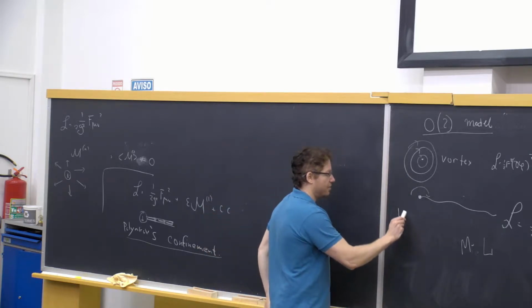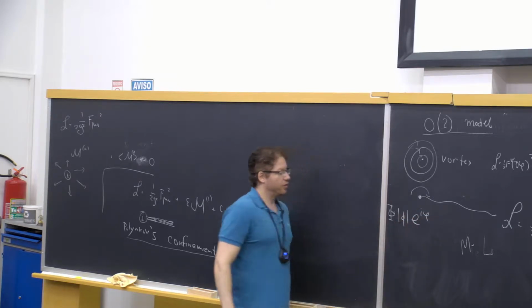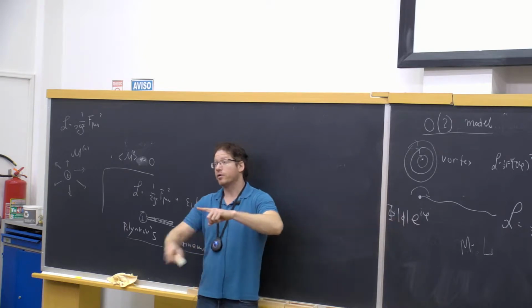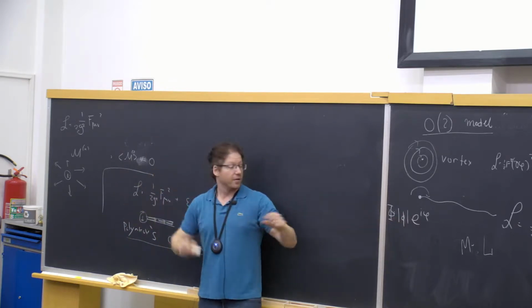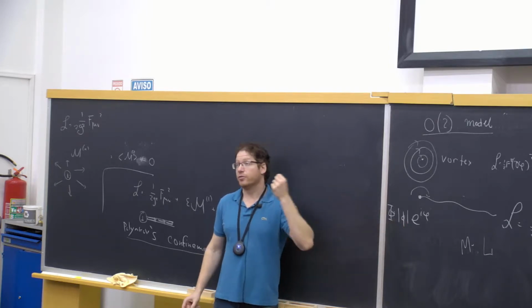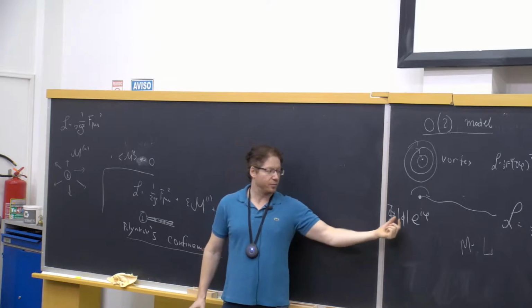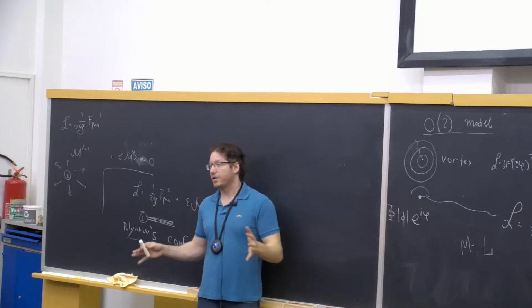Remember that we parameterize the field in this fashion. So a vortex core is a point around which phi 1 winds. So for this to be consistent as a field configuration, you have to send the absolute value to 0 deep at the core of the vortex. That costs some energy, but that point is within our field configuration, and it costs some finite energy.